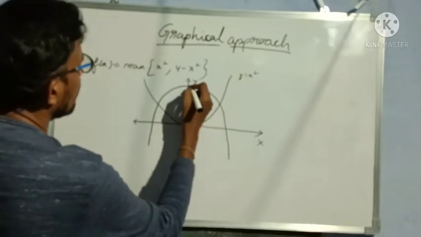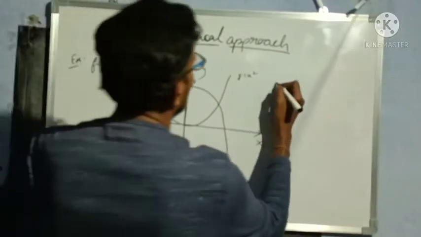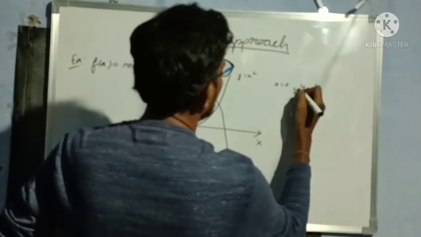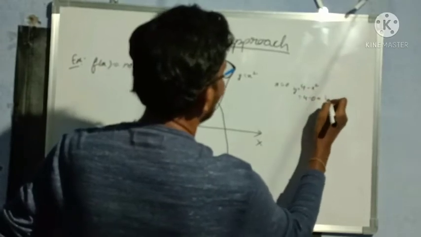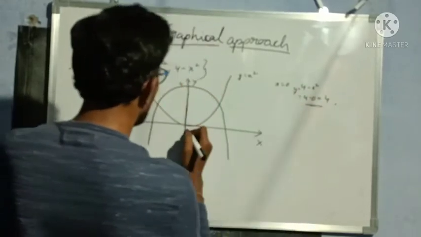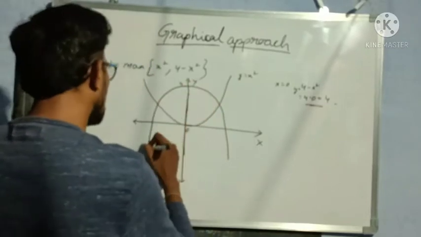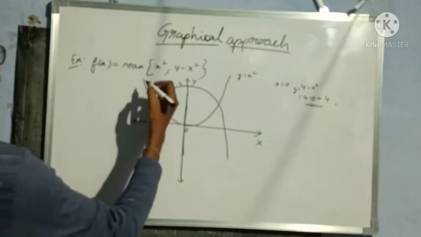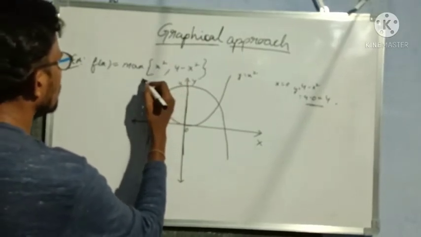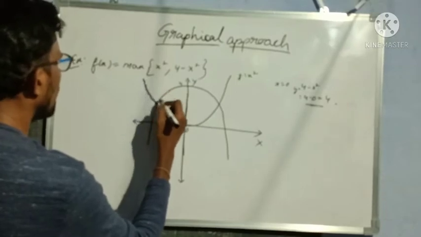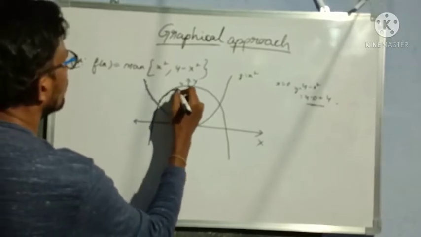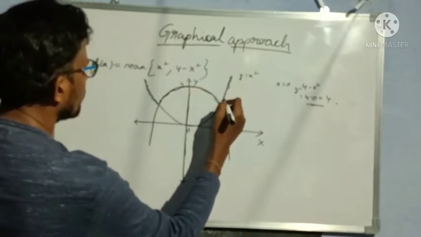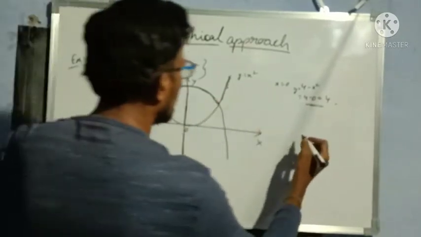From where should we draw this parabola? From y is equal to 4, because when you substitute x is equal to 0 in y is equal to 4 minus x square, that is 4 minus 0, which is equal to 4. That's why when the x value is 0, the y value is 4. From y is equal to 4 onwards, we have to take a parabola like this. Now we have to take only the maximum value, I said, only the upside graph, which means this part plus this part completely and this part. Now our graph will be something like a W, like this.